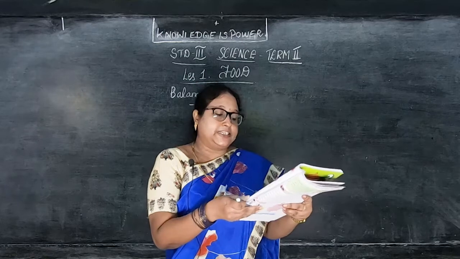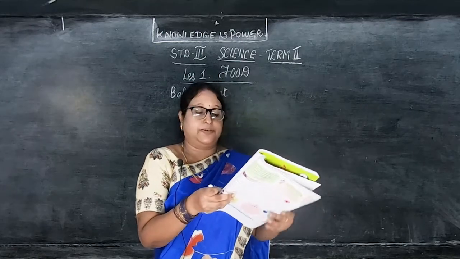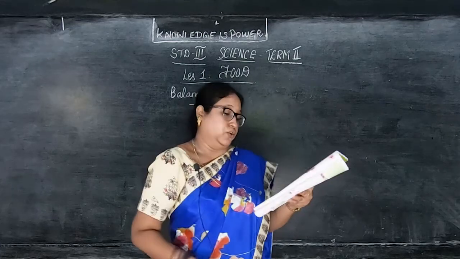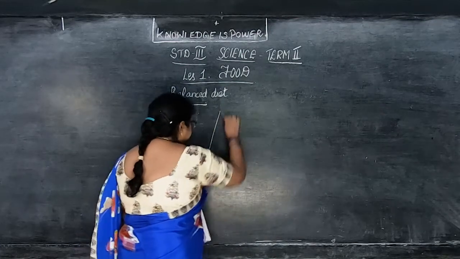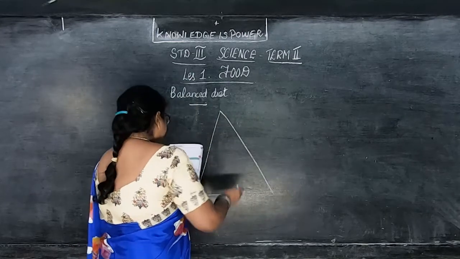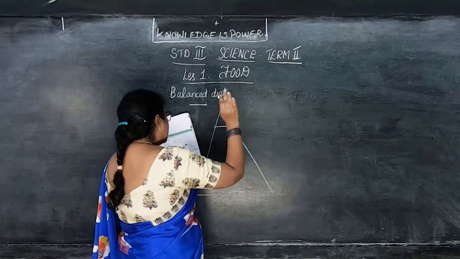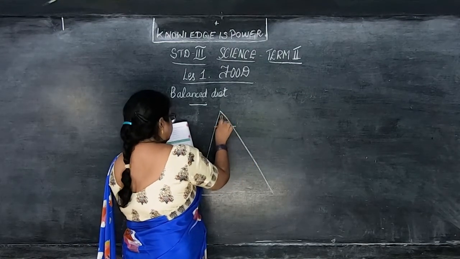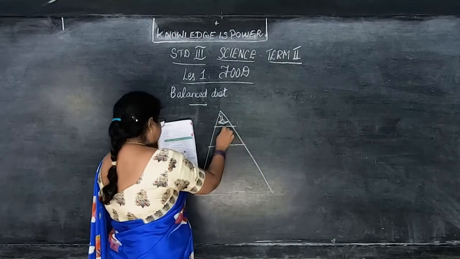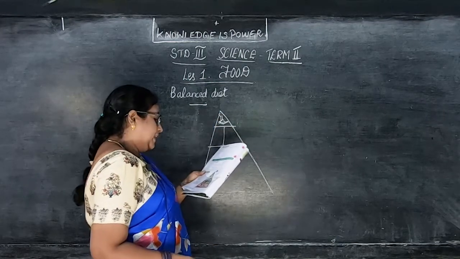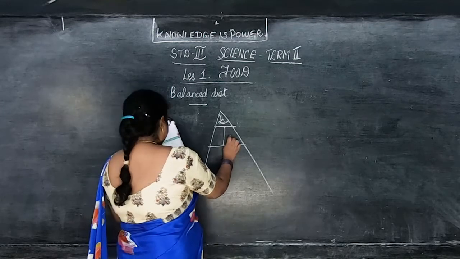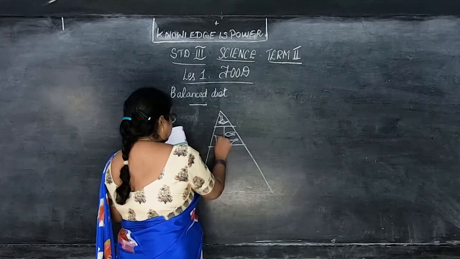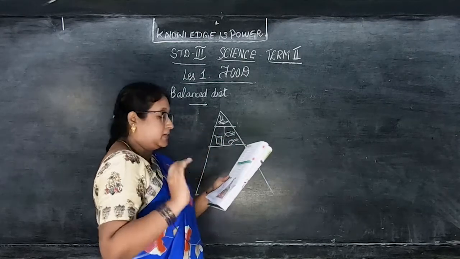The food item that should be eaten in the least amount is kept at the top of the pyramid. And the balanced diet food pyramid is shown here. So see here, children, it's a food pyramid. So first what is given, it's in the least amount that we should avoid. That is chocolates, candies, cool drinks. Then the next is fish, meat, then curd, all these in the second, that is in a lesser amount.